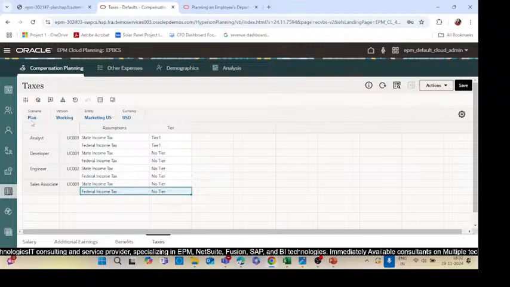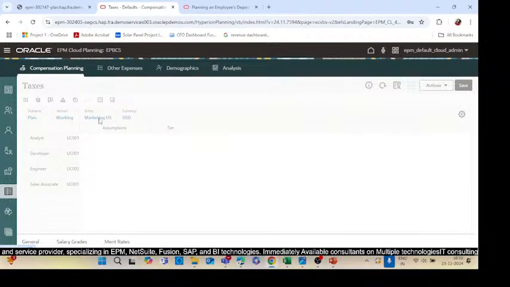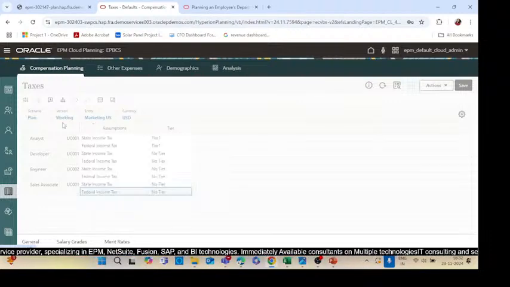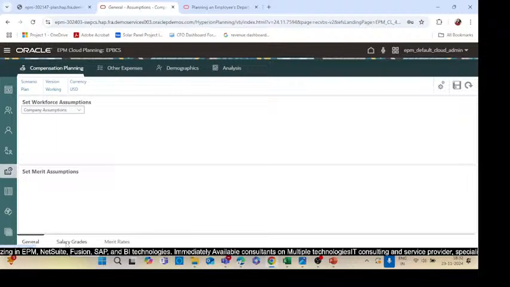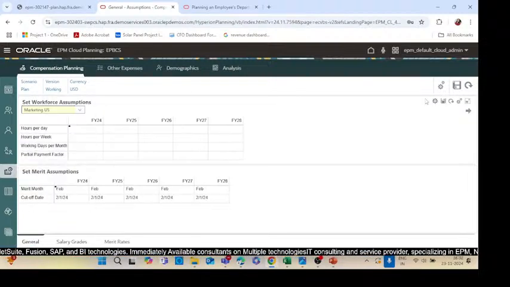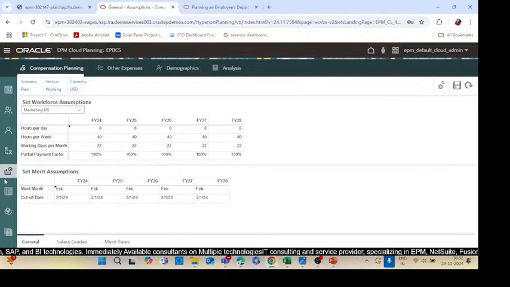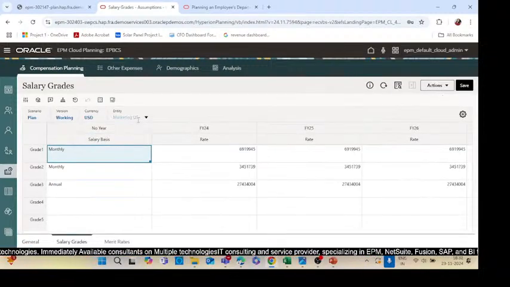So in this way we need to define everything. Now if it is done, then just check all the assumptions are correctly there or not according to the same entity or scenario, because the intersection should be same all the time. Okay, so this is for general assumption. Let me check it once again. Marketing US. From this area you can go ahead. Then the salary grades. So marketing US, 3 grades are already defined here,